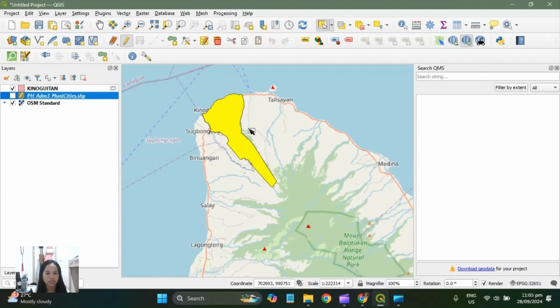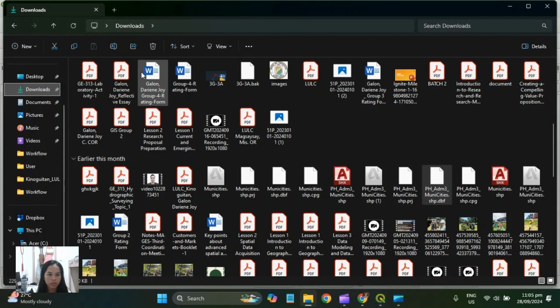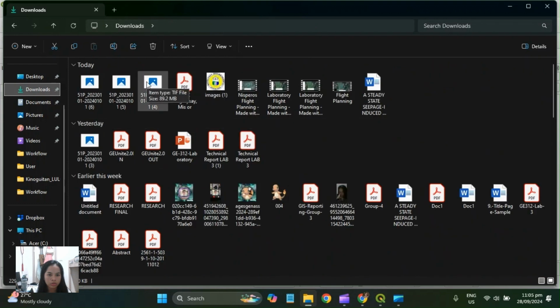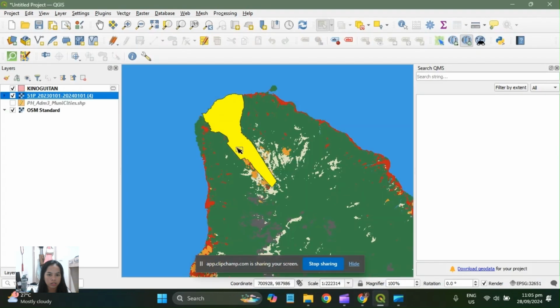After that one, we will drag the tile of what we have downloaded in the GeoTIFF. So we have here the file that we downloaded. To upload it, use the same thing. You just need to drag it here. There.